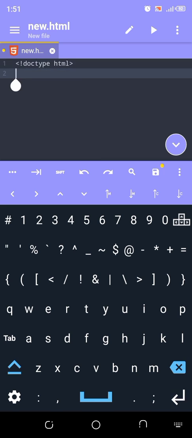Okay, then the next thing you want to do is type in your HTML. That's the next thing you type in a typical HTML code. Now I want you to see these tags. This is a tag. Now the second HTML is a closing tag because it has this backslash to it.